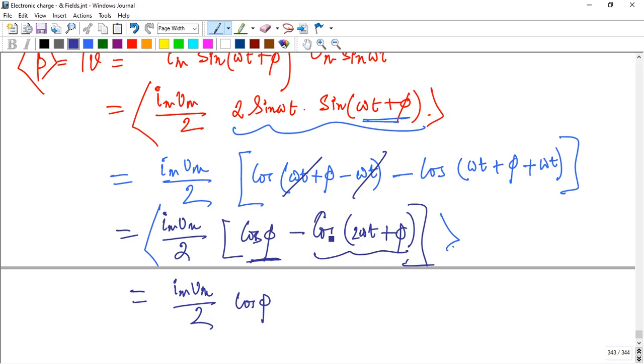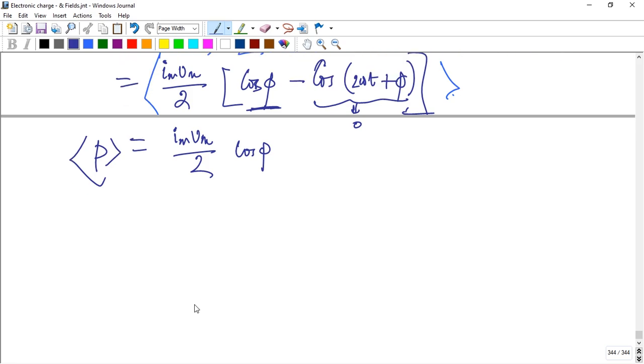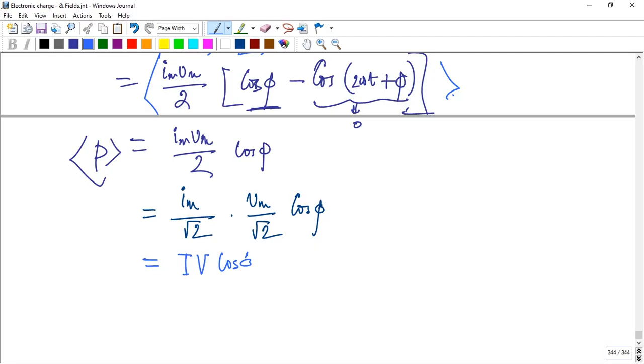So the full cycle integration of the frequency dependent function is 0, so this term is 0 here. So you get power equal to Im Vm by 2 times cos phi. Now, just a little bit more: Im by root 2 and Vm by root 2 times cos phi. This Im by root 2 is the RMS value, that's also the VRMS. So put that equal to I, say that is V, and here is the cos phi, that's the power,